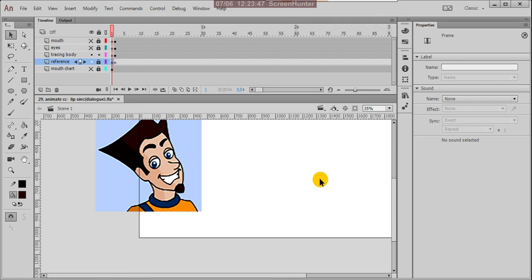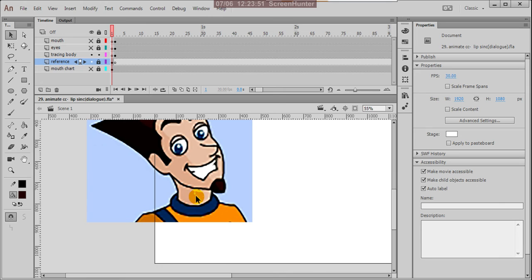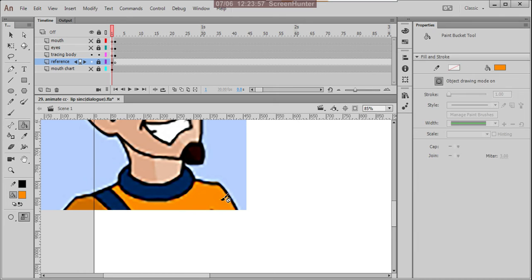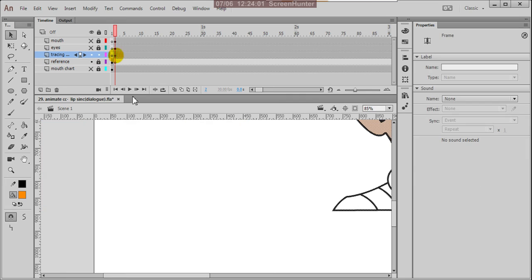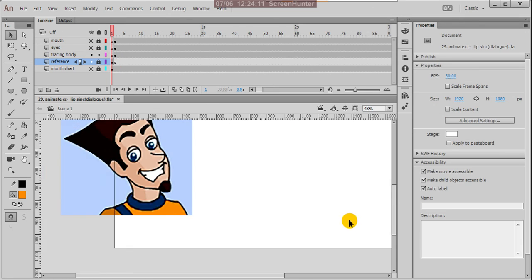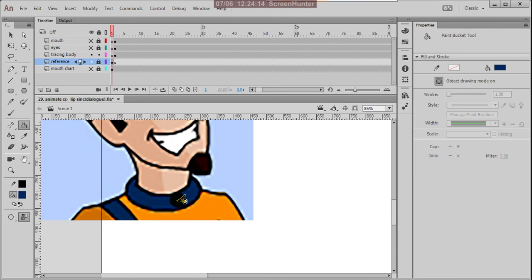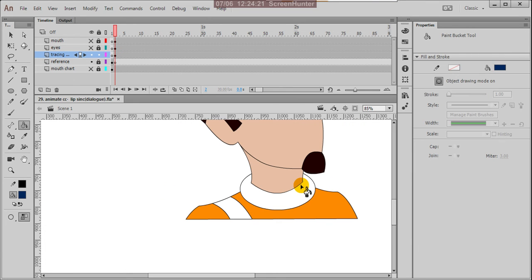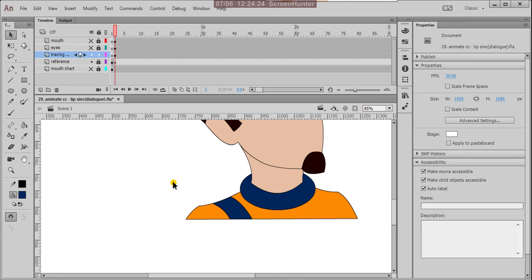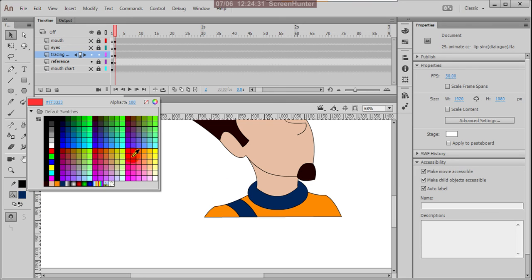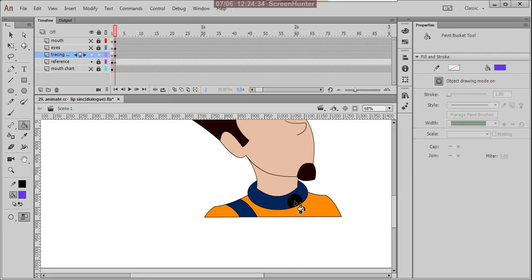Next I'll take the t-shirt color, so press I, so you'll get this color, and come to this layer, press K, yes, this color, and again come to this layer, okay, and press this color and come here, and with K you fill those colors. Perfect, excellent.